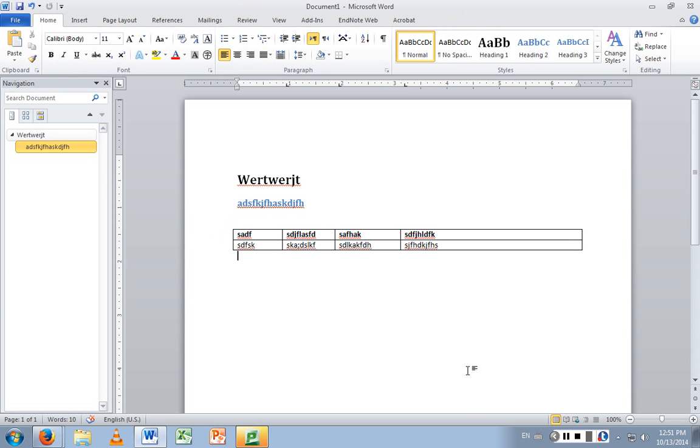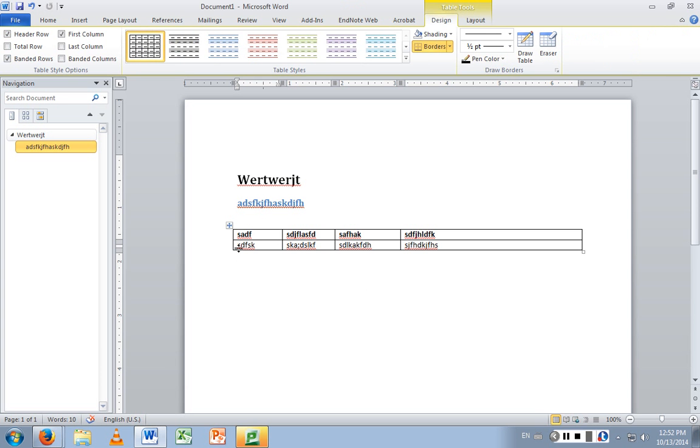What happens is tables are some of the hardest things to deal with, particularly if you're in a no vision situation, right? Because you have to keep track of everything. The way that they handle it is they'll say, this is a header row, they'll give everything an ID, and then when it comes to the particular cells in the table, it will read what the 2 ID points are, right?